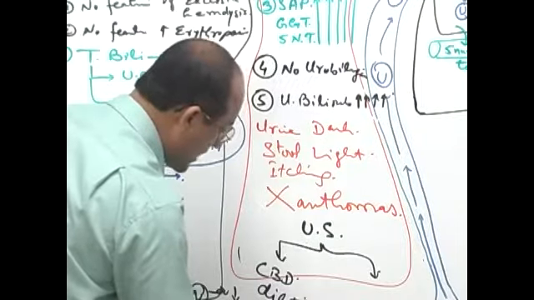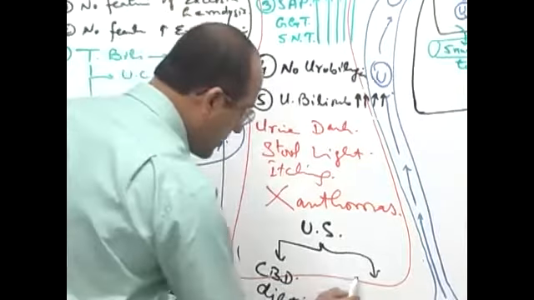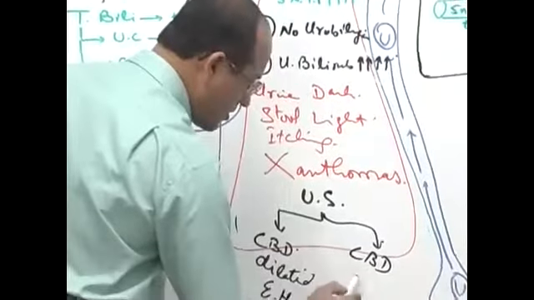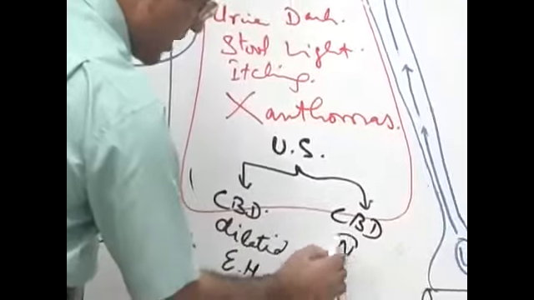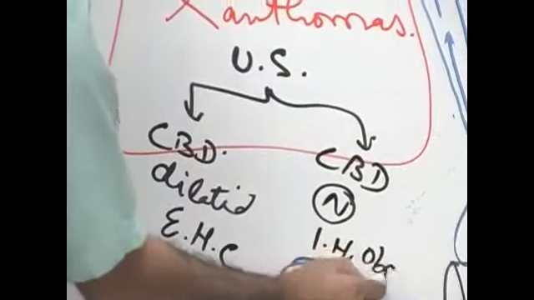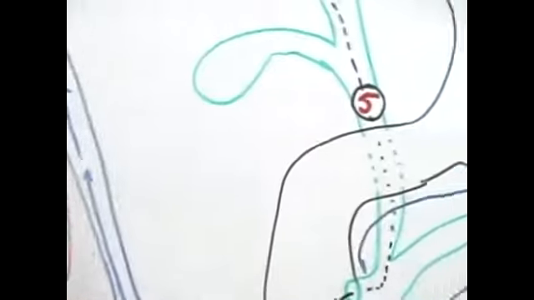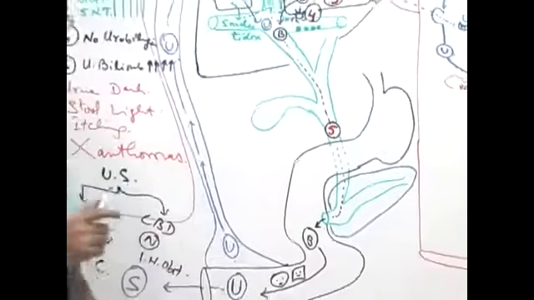extrahepatic cholestasis. But if the common bile duct is of normal diameter, then it is intrahepatic obstruction. If there is intrahepatic obstruction, then bile is not going to the common bile duct, so it will not be dilated. But if there is,